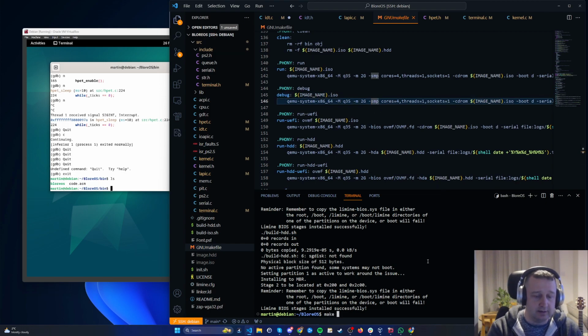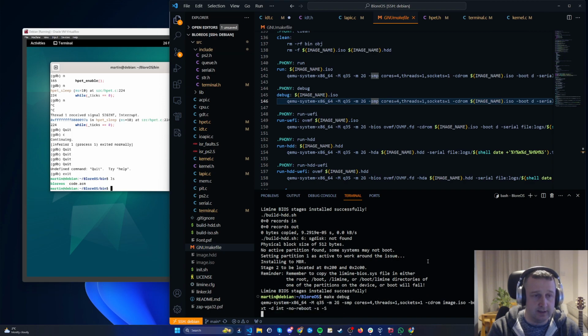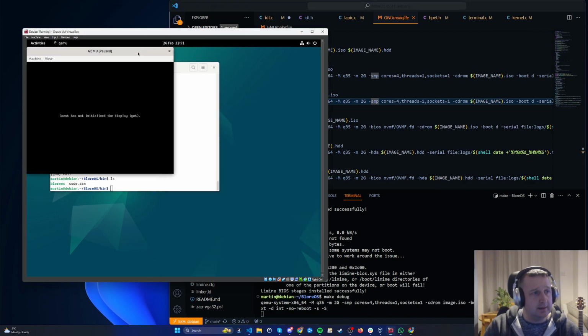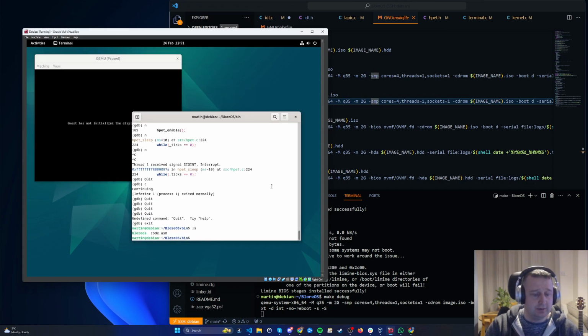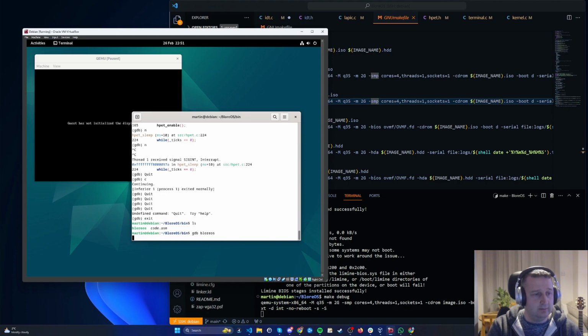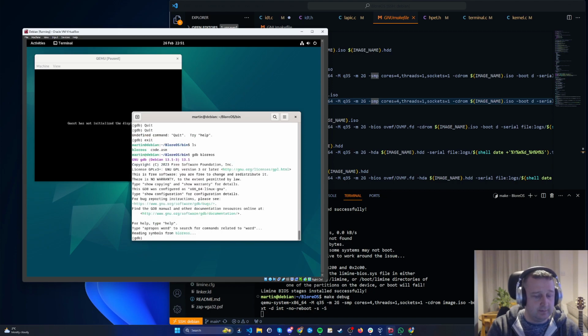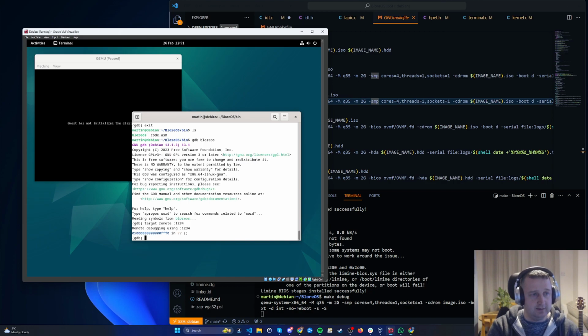I can show you what that looks like. So I've got to make a debug command here now. And here's QEMU saying it's paused, guest does not initialize the display. So it's waiting for the gdebug session to attach, which I can do here. I can say target remote on that port. And now the debugger is attached. And then if I hit c for continue,